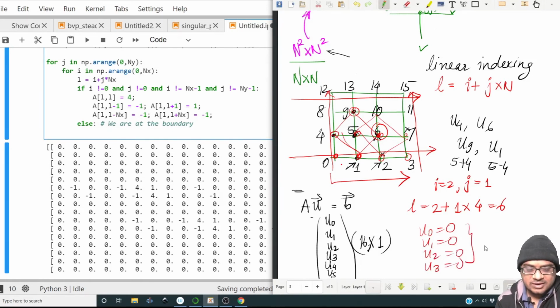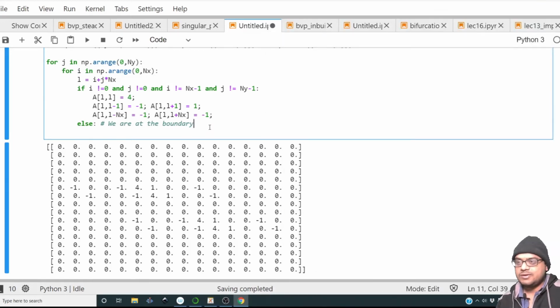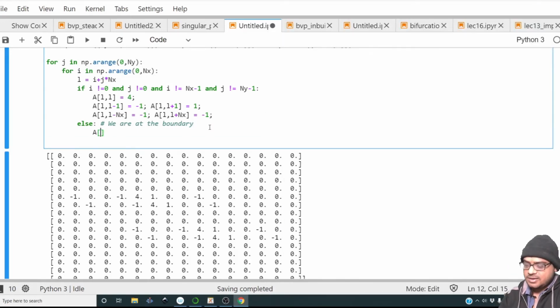So all these linear indices correspond to j equal to 0. What I mean to say is the linear indices corresponding to these boundaries have the Dirichlet condition that u0 is 0, u1 is 0. So simply this will imply A[l, l] is equal to 1